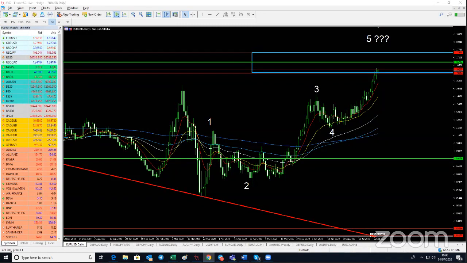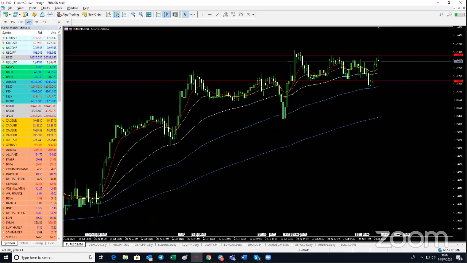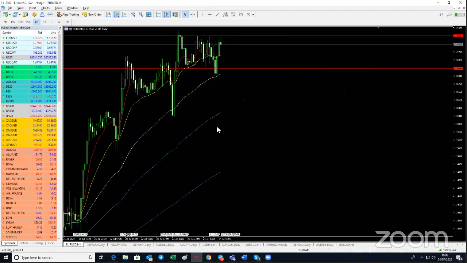So what I'm trying to say is that we will expect a lot more volatility on the Euro USD, as you can see already, because this is just on the daily chart. But if you go onto the 30 minutes chart, for example, you can see movements. You can see that it's creating a group. See, on the 30 minutes, look at how it has moved, right? It has moved with a lot of wicks on the upside, a lot of resistance almost at the same level here. Then you want to compare that to the 1 hour chart.